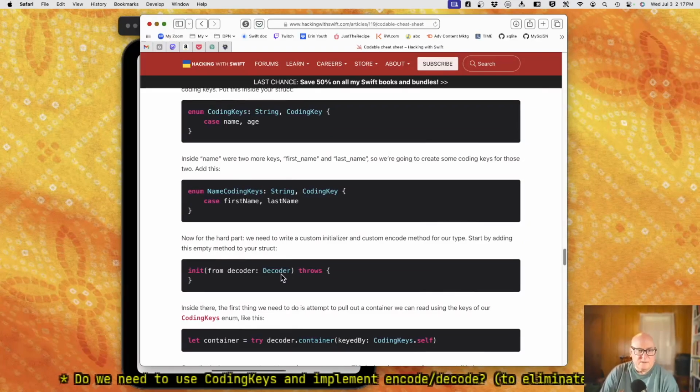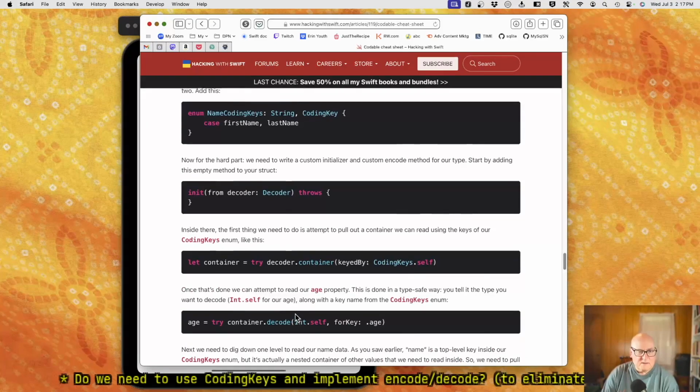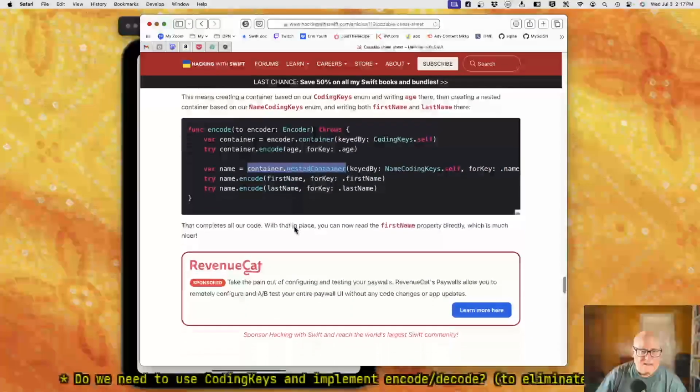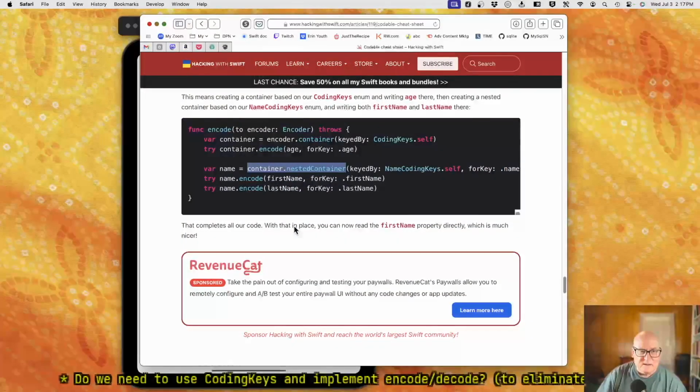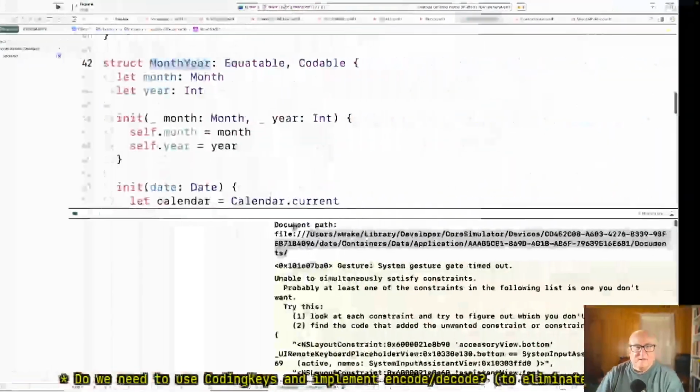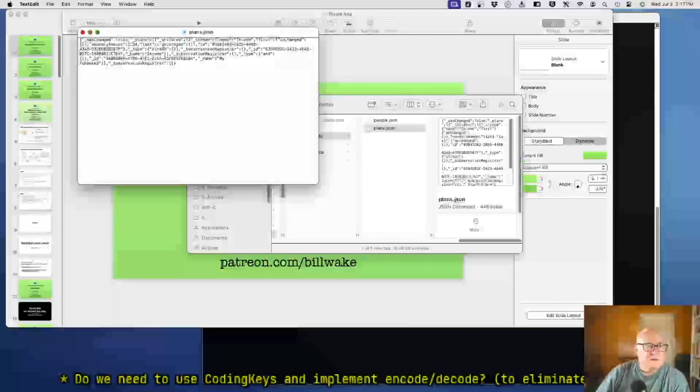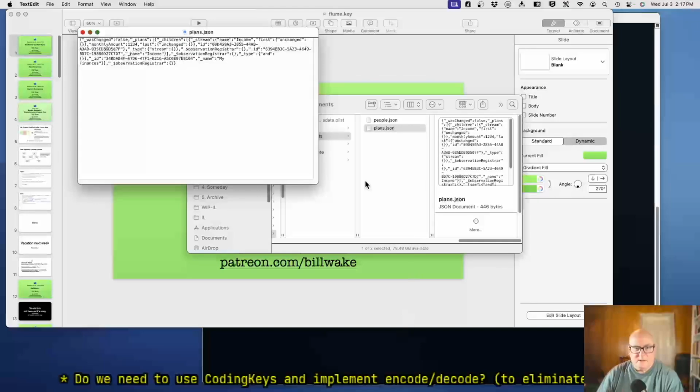Need to write a custom initializer and a custom encode method. Gosh, it just looks like work. Now, what can I do?